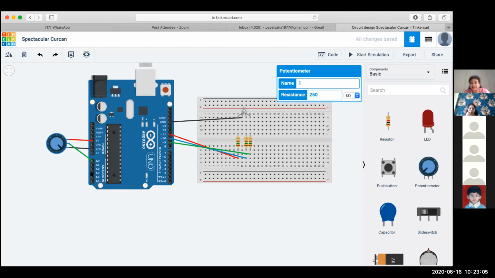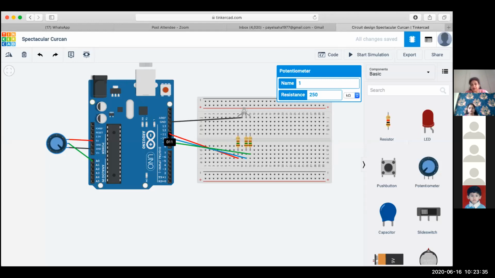As I said, these analog pins are capable of exhibiting 1024 different values starting from 0 to 1023. That means they are encoded in terms of 10 bits. The PWM pins, on the other hand, range from 0 to 255.